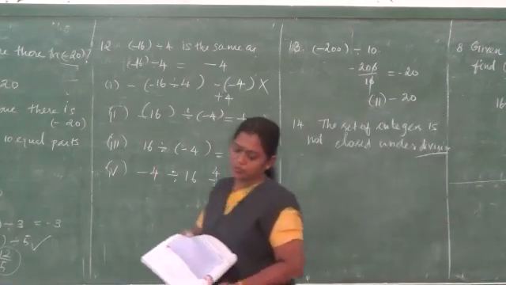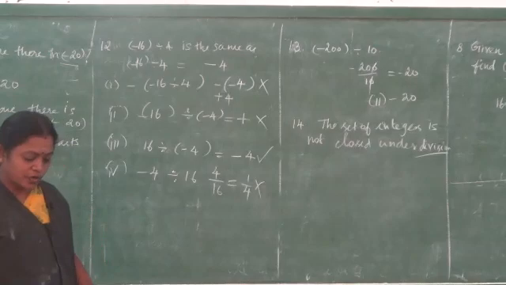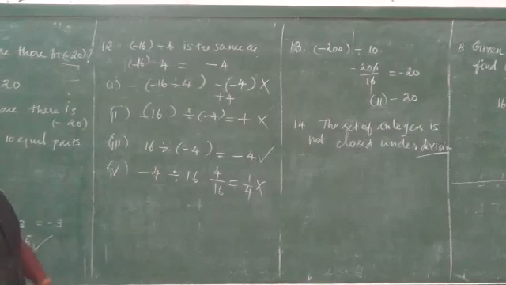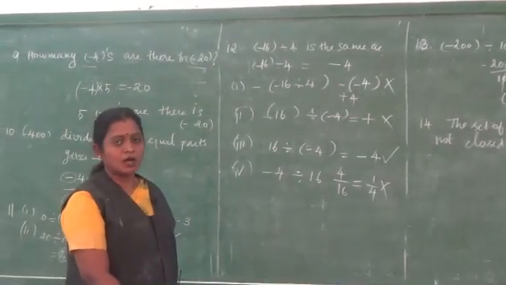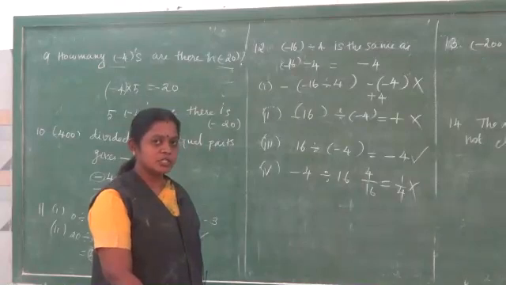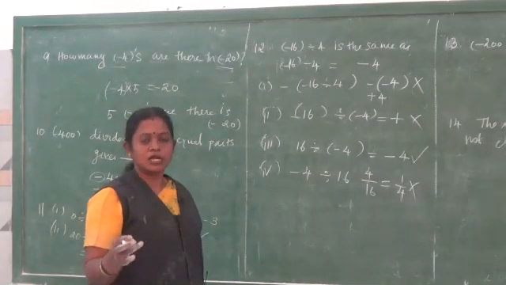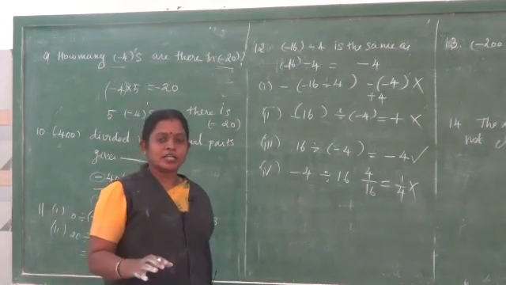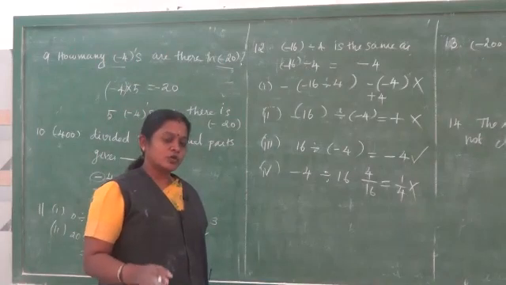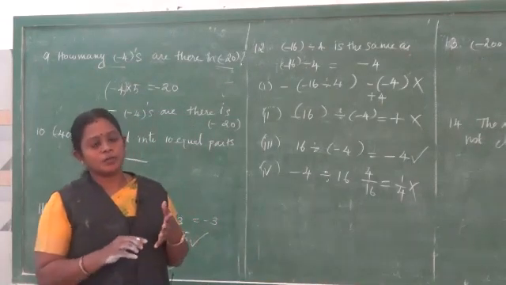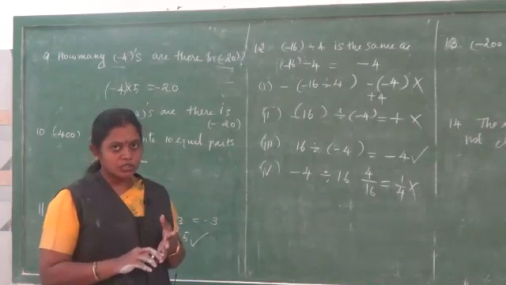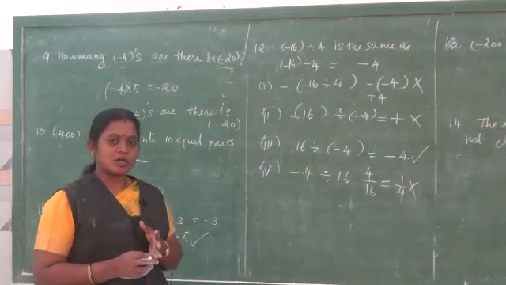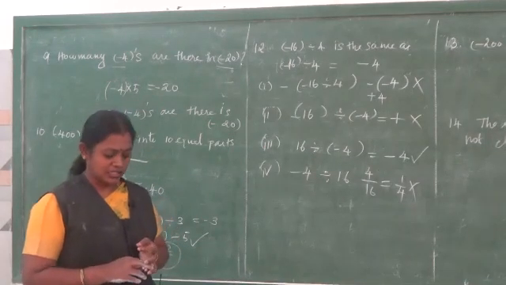That's all for your exercise number 1.3. Now 1.4, come to 1.5. In this exercise 1.5, we are using all 4 fundamental operations. What are the 4 fundamental operations? You know very well: addition, subtraction, multiplication and division. In one statement problem, you will use all the 4 fundamental operations. Before you do the problems, you should read the problem thoroughly and note down the steps, what numbers are given to you, and after that you will apply addition or multiplication or division and find out the answer.